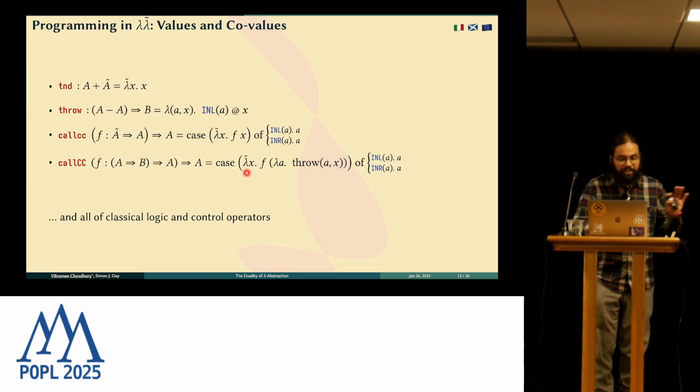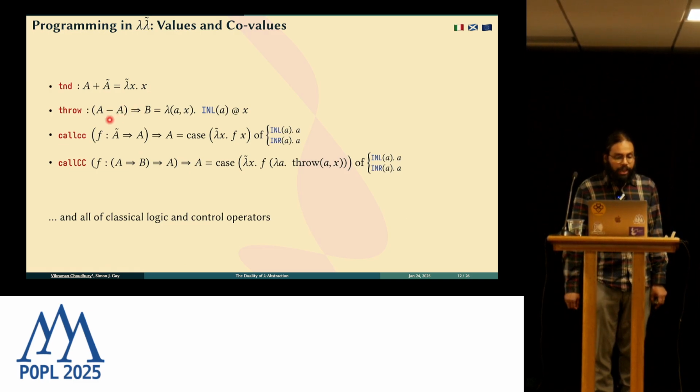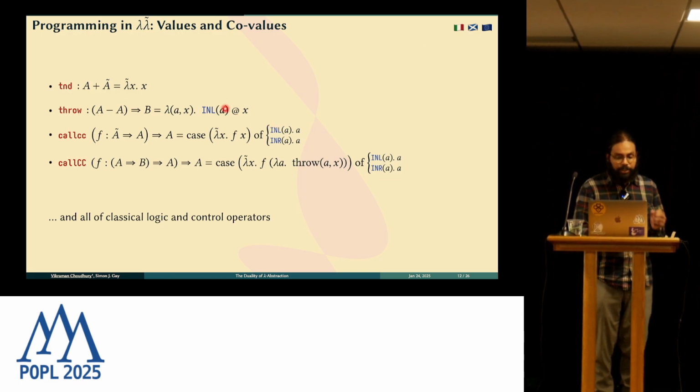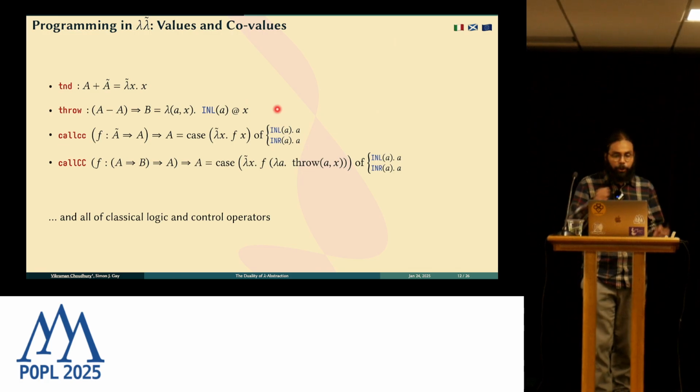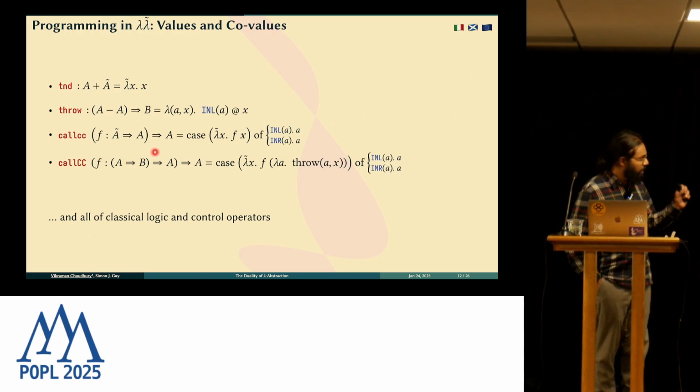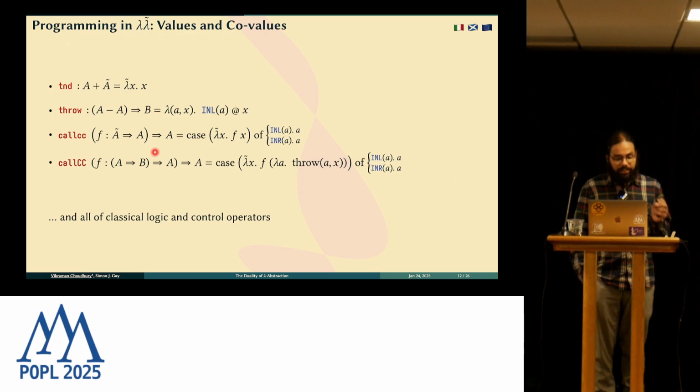Okay, so we've already seen the excluded middle, which is lambda bar x dot x. If you have A and A dual, that's like A minus A. And then you can lift the A to the left and co-apply an A dual, which allows you to prove anything of type B. If you know about call CC in SML, so A dual to A, it takes an